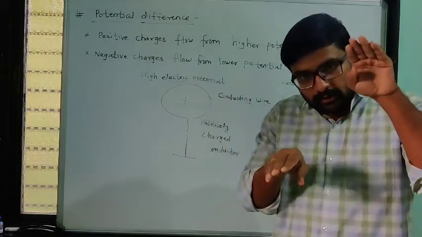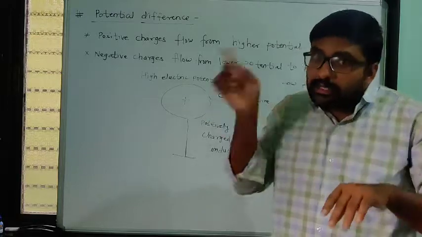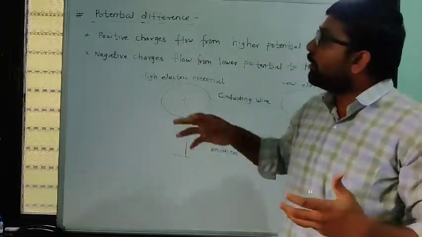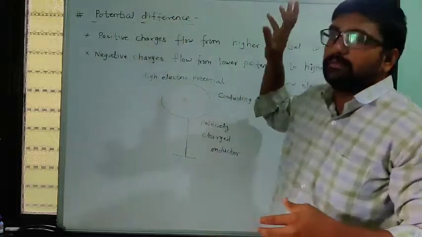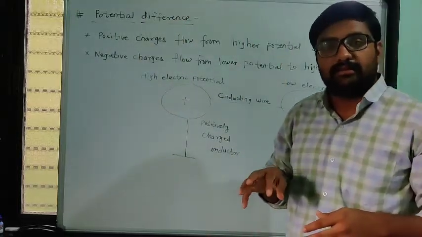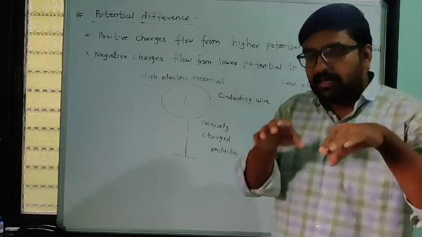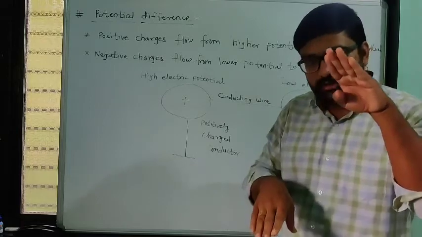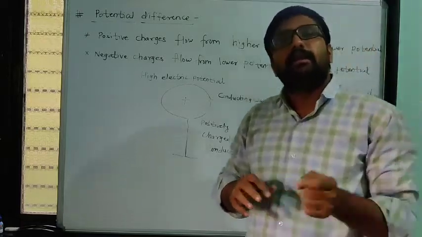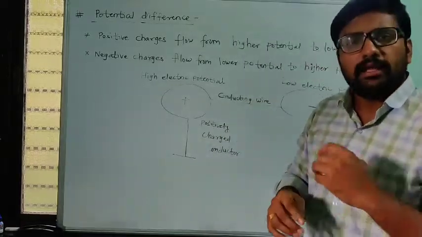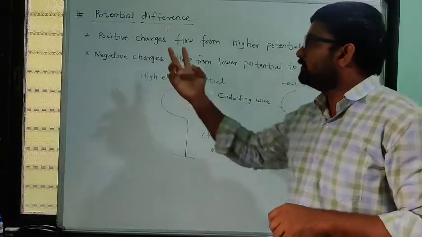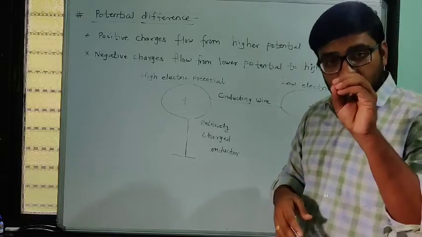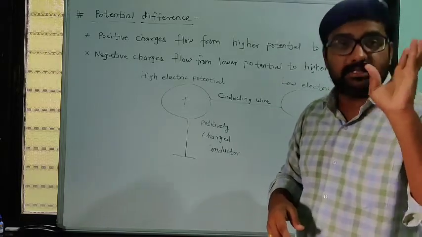In case of water, we need a height difference. Here, in case of electric charges, we have to talk about the potential difference. That is the similarity. There we need height, here we have to talk about potential difference. If potential difference is there, then and only then electric charges can flow, and if the electric potential difference is not there, then charges do not flow through those particular terminals of a circuit.